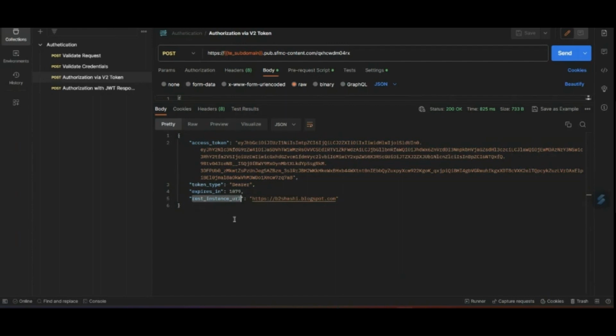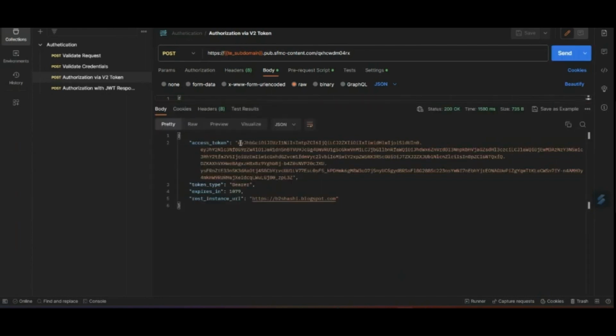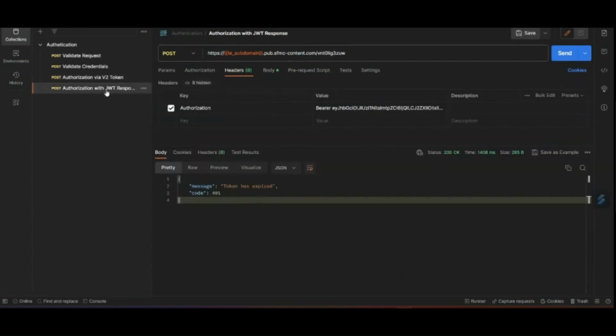And this is the REST endpoint that you need to invoke if you want to perform certain operations. I have hard coded it to my blog, but this will point to the actual code resource where they want to perform the operations. If I click here, I'm going to generate this token. This is the new token that I received. Now this was where I was generating a JWT response. If I hit this, obviously it's going to say it has expired. Let's say I copy this,